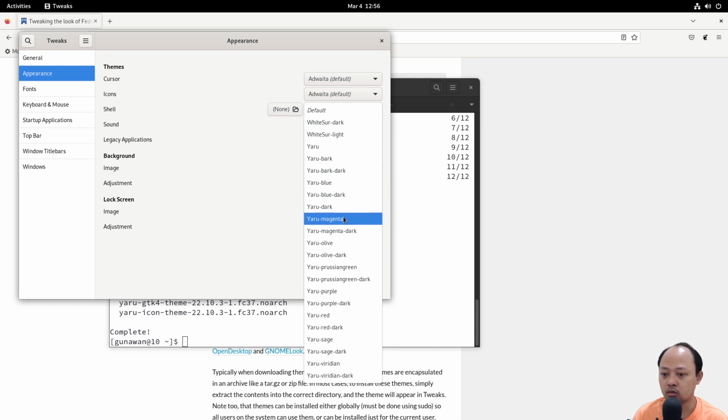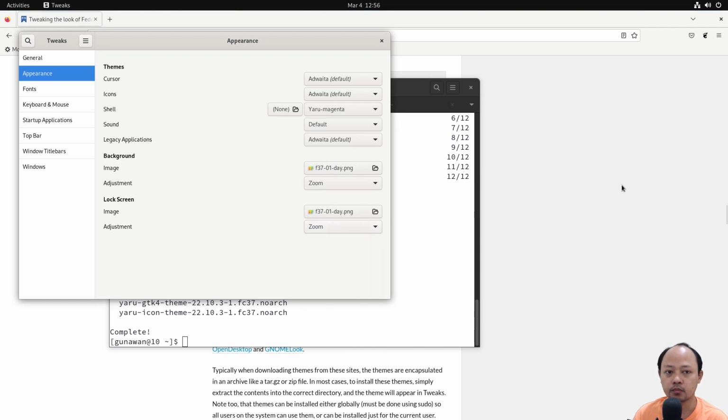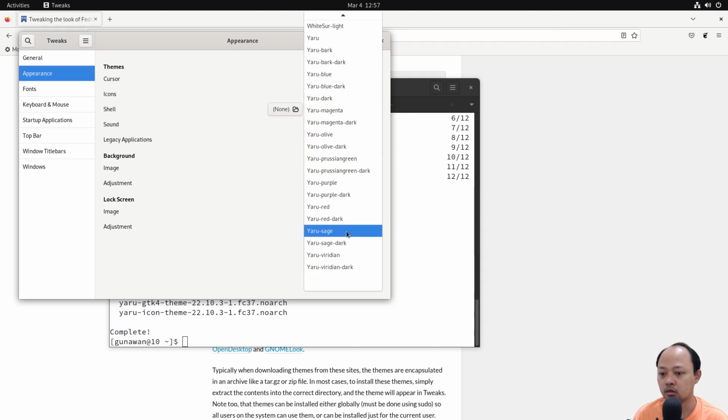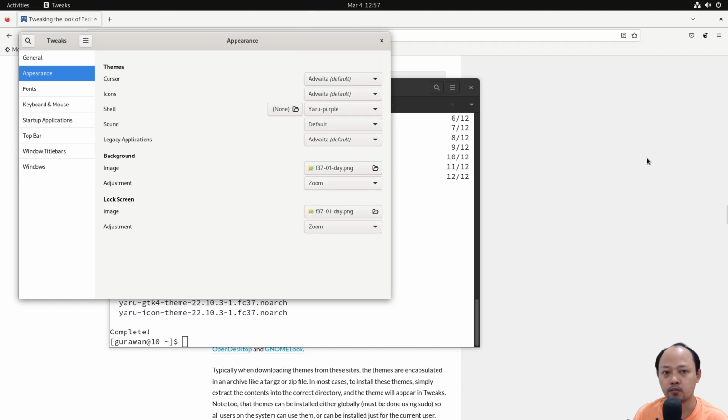I will try Yaru Magenta. Let's check. So the color turns into magenta. Let's try again. Purple.